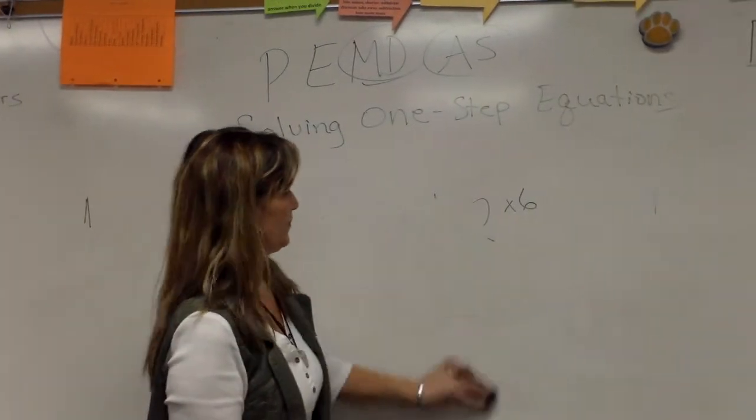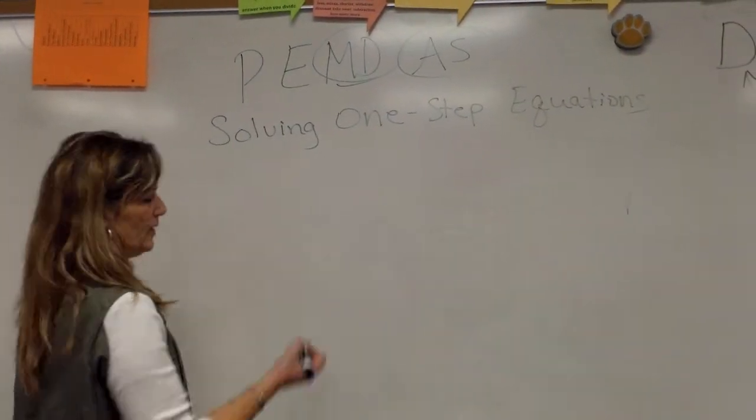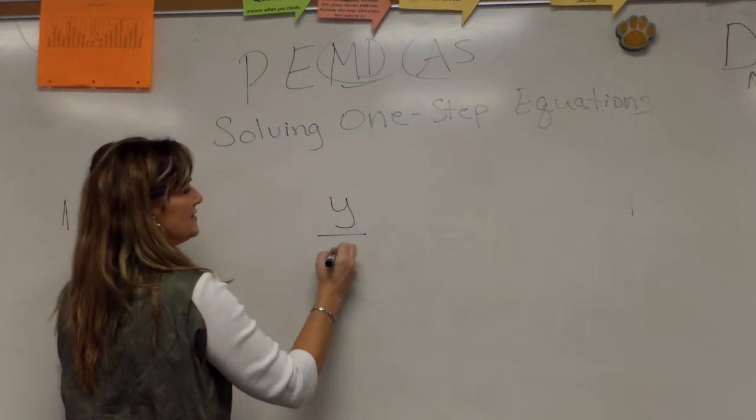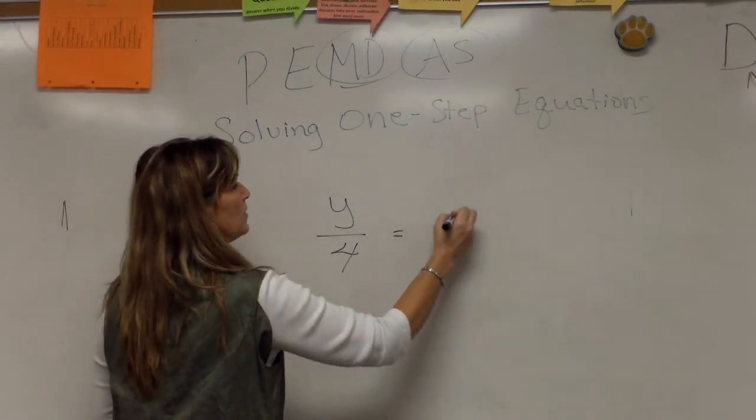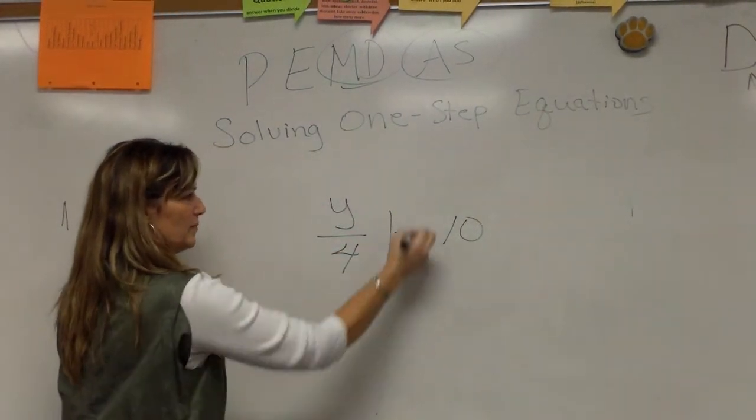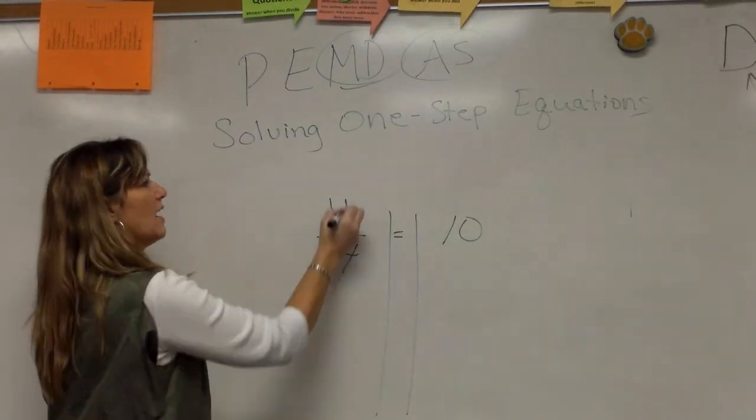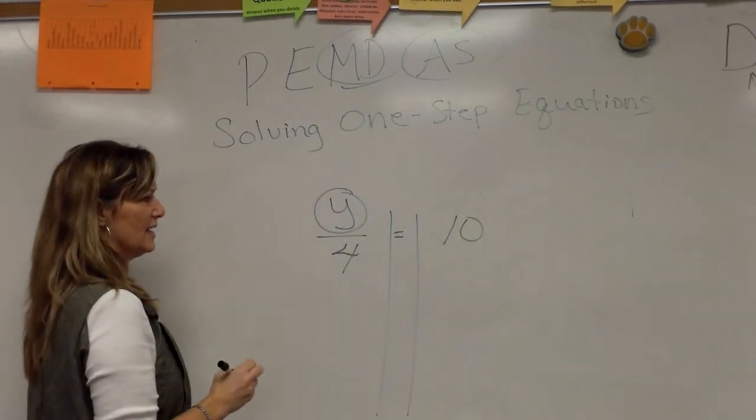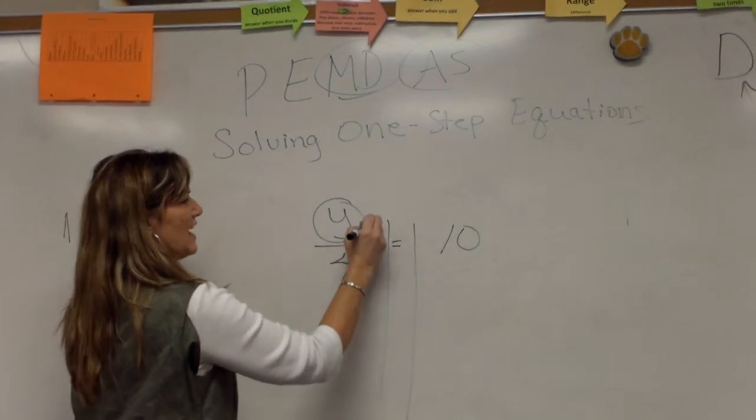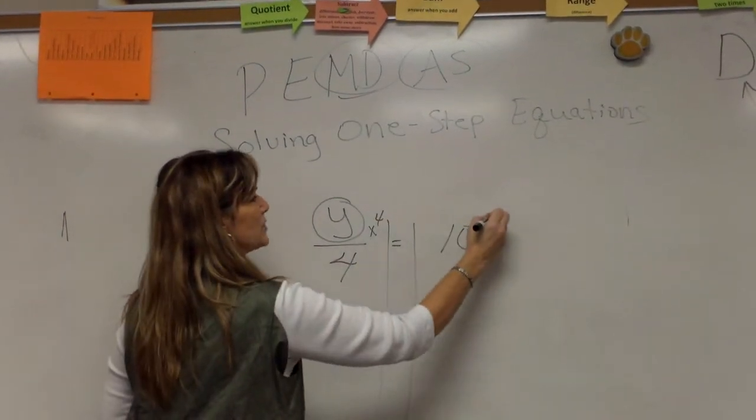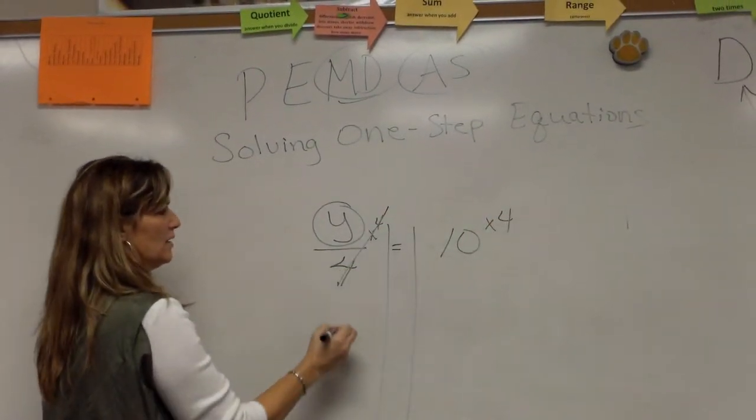And one more. If I have y divided by 4 equals 10. My tracks. My variable stays. The opposite of divided by 4 is times 4. Y